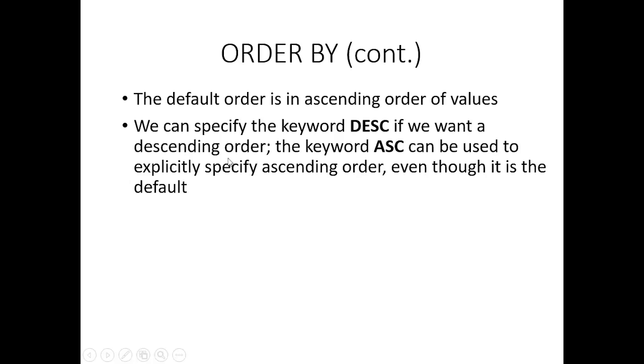And suppose we want to get a descending order, we have a keyword that is DESC, and the keyword ASC is used to explicitly specify ascending order, even though it is the default. You can use ASC, there is no mistake. But if we use DESC, that means it is a descending order. So that's all about